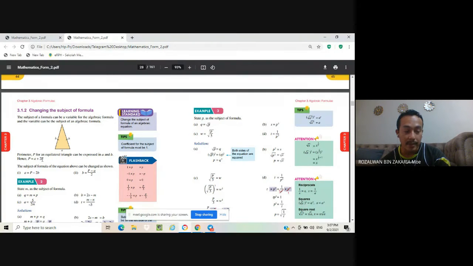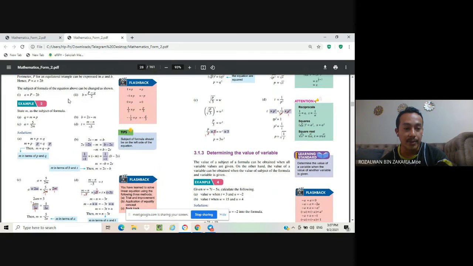So we just want b, we don't want this 2. So remember, how to cancel this 2 here? That means you have to divide by 2. Now on your right side you divide by 2, then your left side also you divide by 2. So the 2b divided by 2 becomes b, and this one will become P minus A divided by 2. That's why here we get B equal to P minus A divided by 2. Okay.